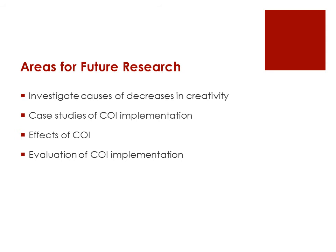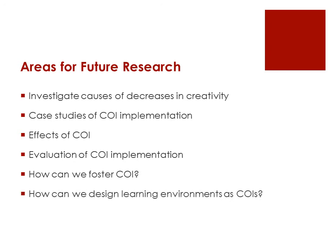as well as some of the effects of COI, the evaluation of those implementations, and how can we foster COI, and how we design learning environments as communities of